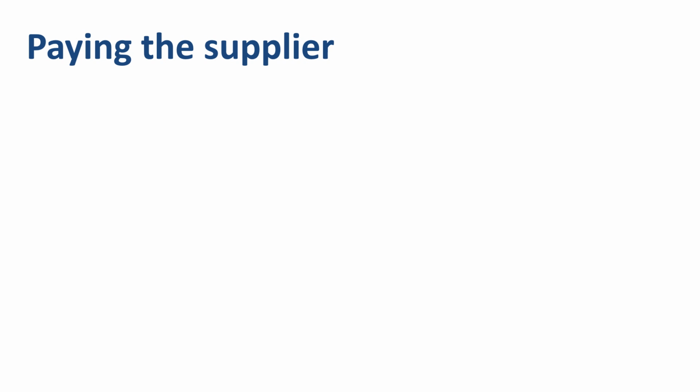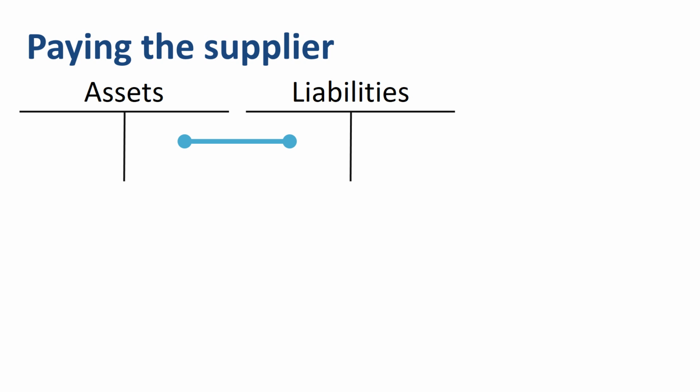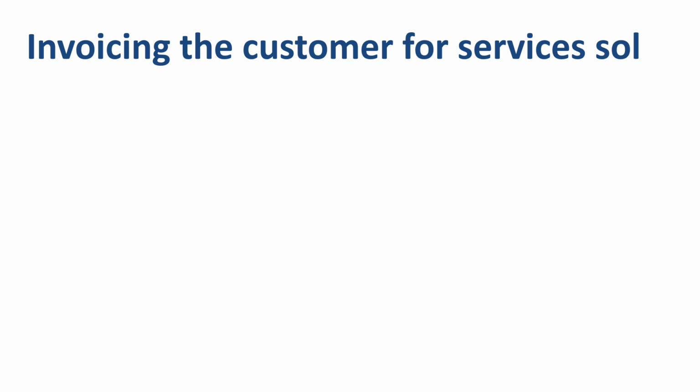If you subsequently pay the supplier, settle your debt to the supplier, then the liabilities decrease, the debit of the journal entry, and the assets decrease, the credit of the journal entry, as cash is transferred from your company to the supplier. If you invoice your customer for services rendered, the assets on the balance sheet increase, the debit of